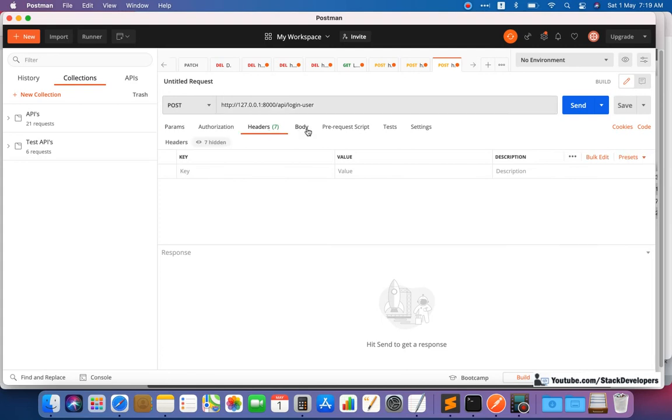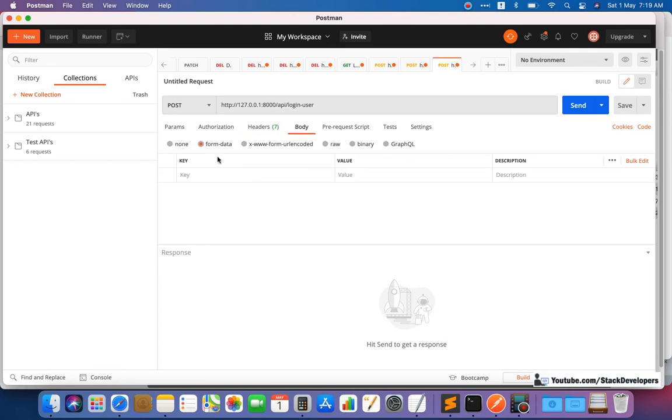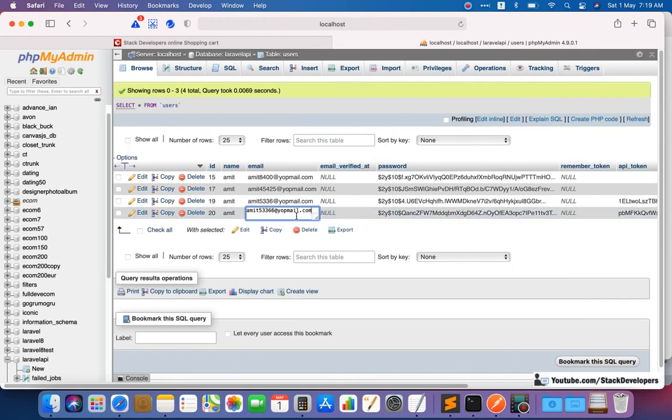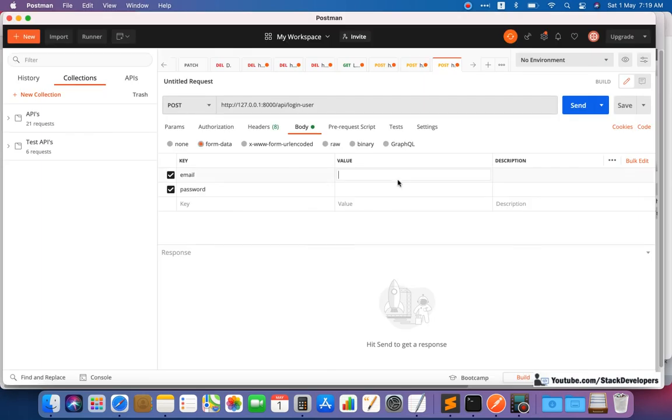In the header, in the body, we are going to use form data once again, and we are going to send email as well as password. Two things we are going to send. Any email we can pick which we have created so far, along with the password. We assume that we registered with 1 2 3 4 5 6.